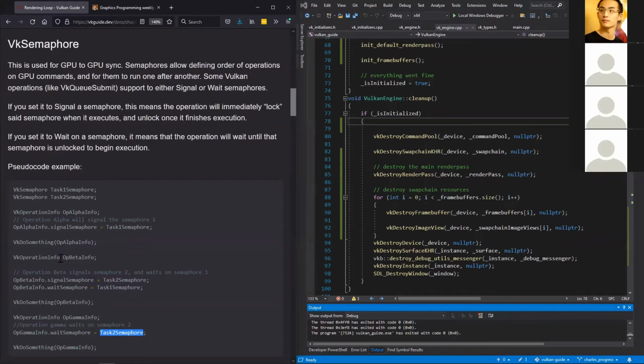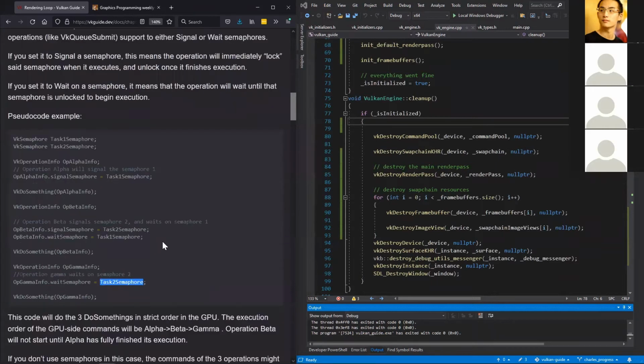So here we're specifying this graph of execution. What's tricky is you're not specifying it and then at the very last call submitting it all at once. You're actually specifying it, then submitting it, then specifying it, then submitting it, so it's happening in real time. The other tricky thing is that